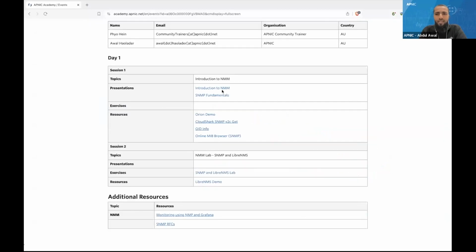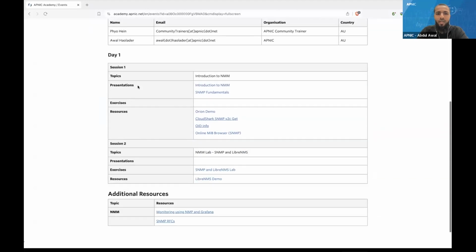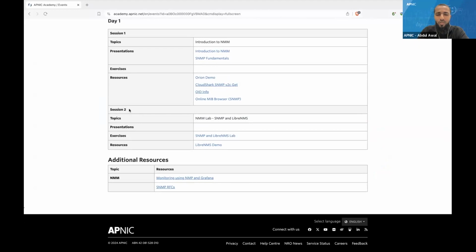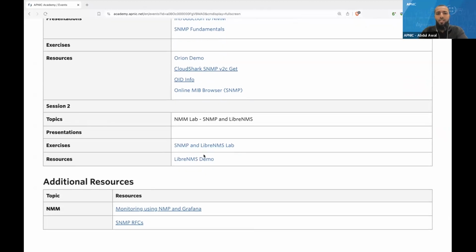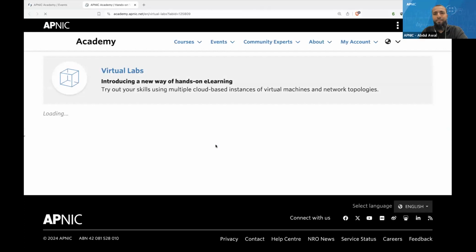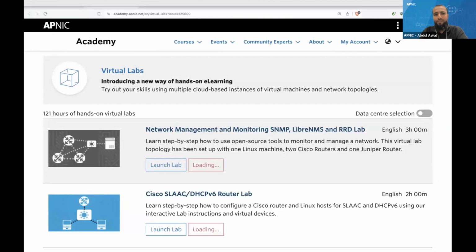So can you go to this website again? Our academy website. Everybody, let's go to this page one more time. And in session 2, let me make it a little bit bigger for you. In session 2, you can see the exercise, SNMP and Libre NMS Lab. So click there. If you click there, you should see,